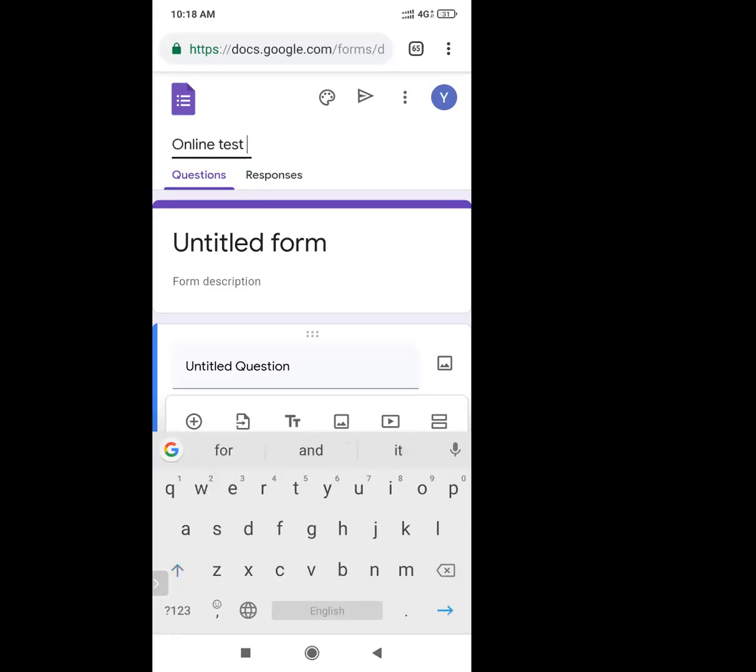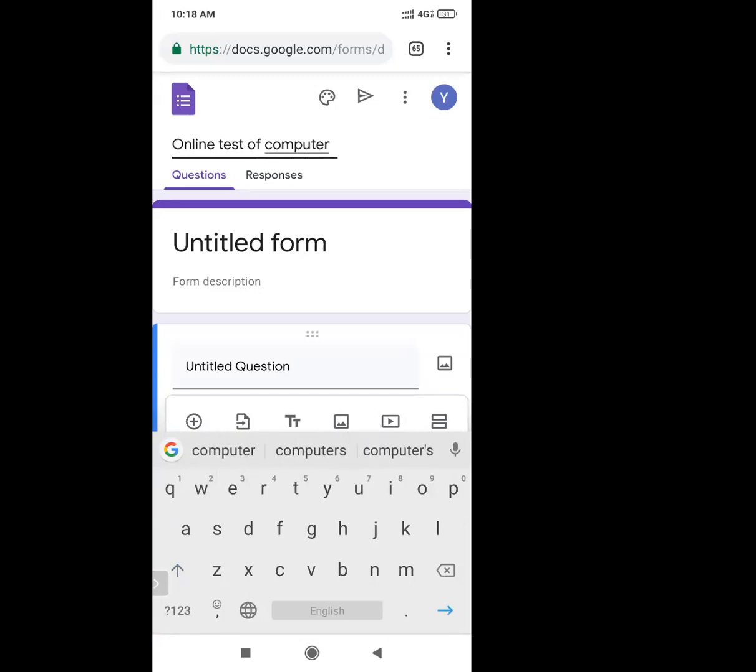You can give any name which you want. It depends upon for what reason you are creating a Google Form, whether for a survey, for inviting someone, or for a test. Suppose I am conducting it for an online test of computer.